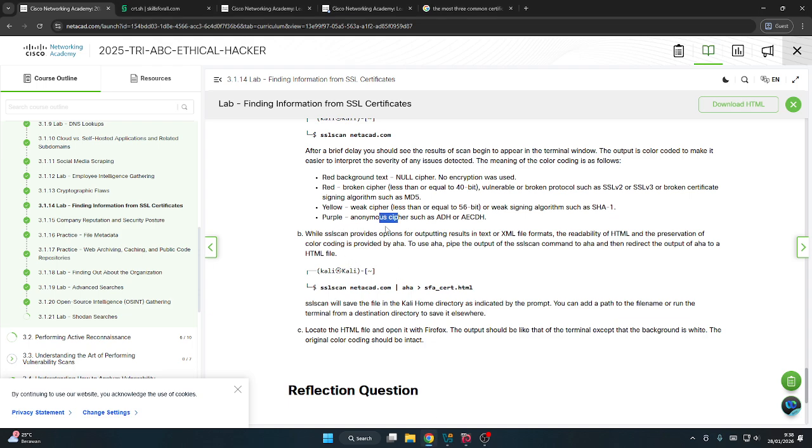While SSL scan provides options for outputting results in text or XML file format, the readability of HTML and the preservation of color coding is provided by AHA. To use AHA, pipe the output of the SSL scan command to AHA and then redirect the output of AHA to an HTML file.